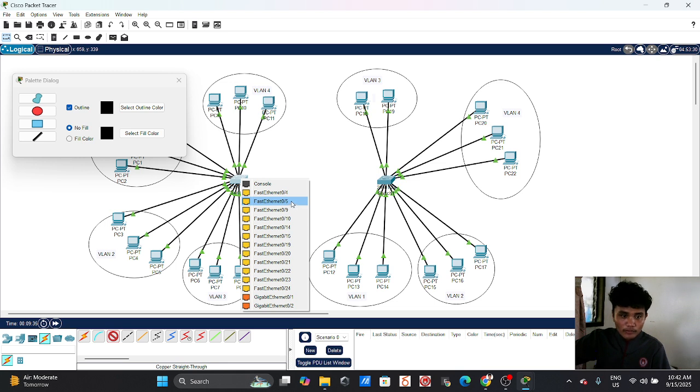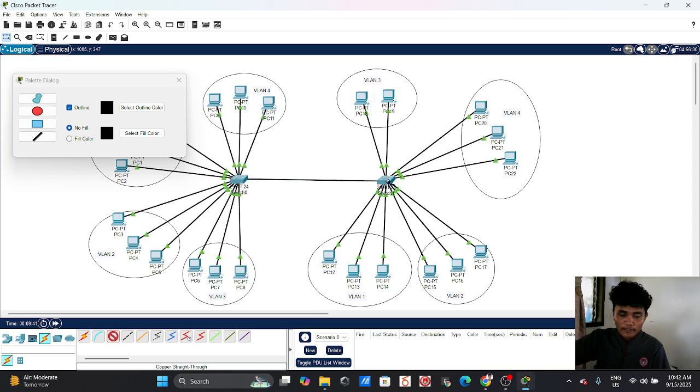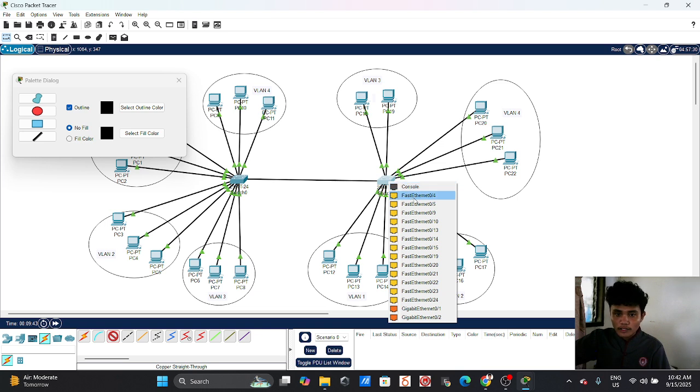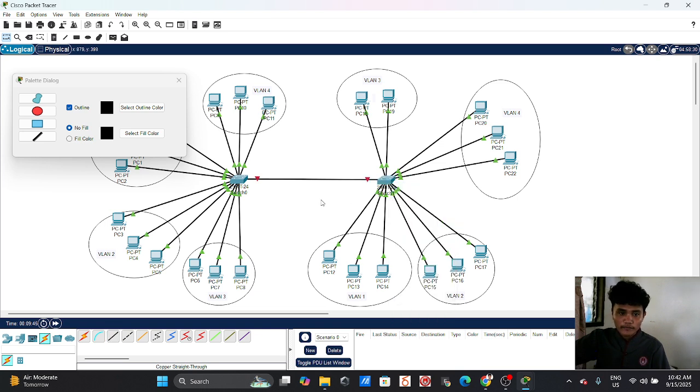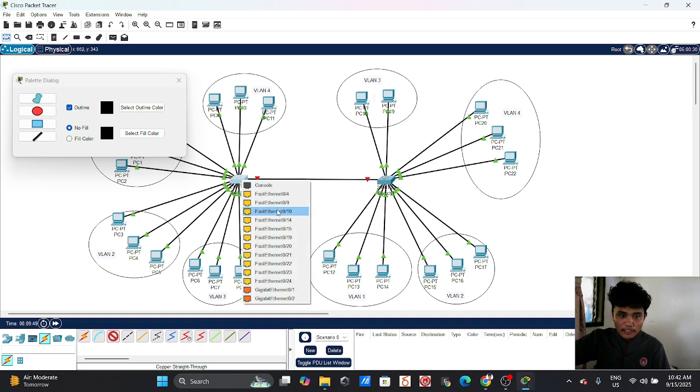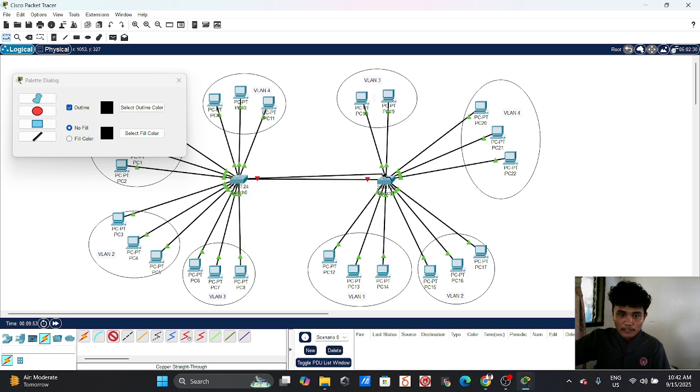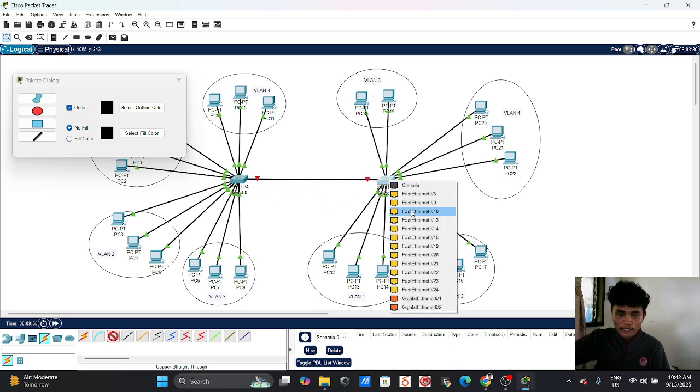So we will connect VLAN 1, so 1 to 5, so 5, and then switch 2, also 5. And then VLAN 2 is 6 to 10, so we will connect fast Ethernet 10, and then in switch 2, fast Ethernet 10 also.